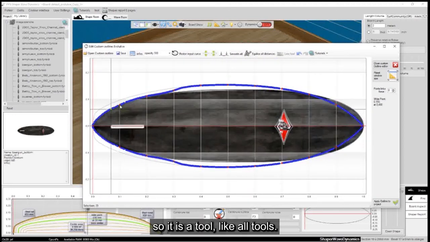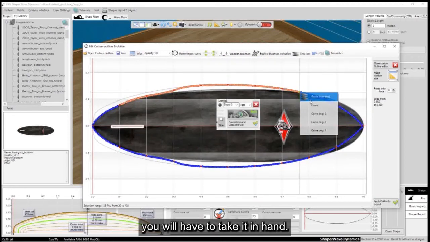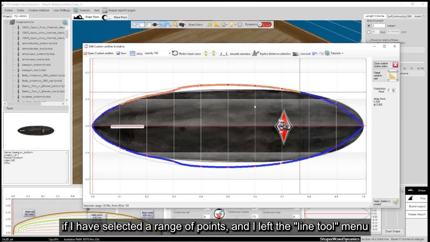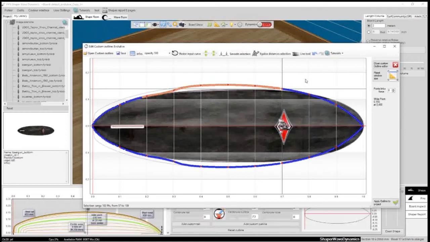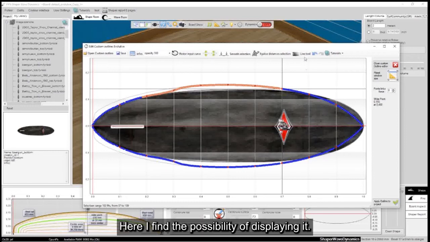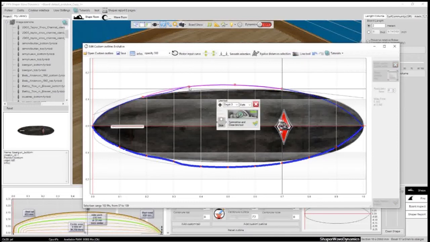So it is a tool, like all tools. You will have to take it in hand. So a little tip. If I have selected a range of points, and I left the line tool menu, here I find the possibility of displaying it.